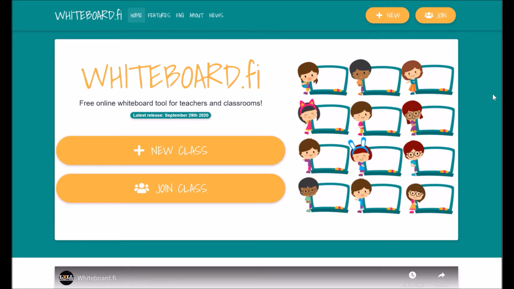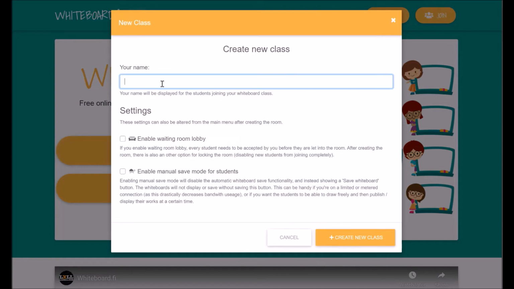So to start with, you'd go to Whiteboard.fi. This is a 100% free tech tool, which is really awesome. And there's an option right away that says new class. For your students, when they come to the website, they would join the class and you'll have a code to give them. But for us, we're gonna go for a new class. We would create our class